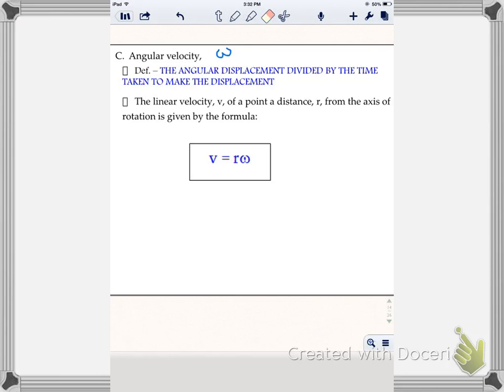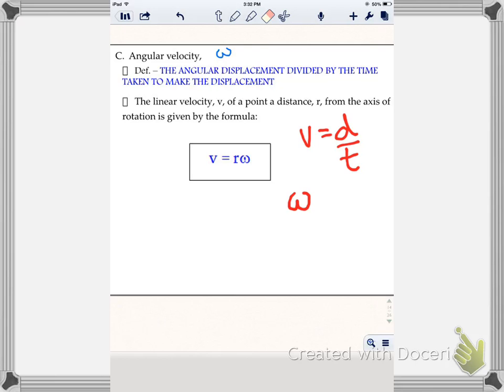For angular velocity, we've had velocity before, and it was simply displacement over time, or distance over time if you did the scalar version. The symbol for angular velocity, however, is going to be this curvy W, and it's the Greek letter lowercase omega. And if we look at the definition of angular velocity, it's the angular displacement divided by the time taken. So if we go back to our normal version of velocity and replace it with the Greek letter for omega,